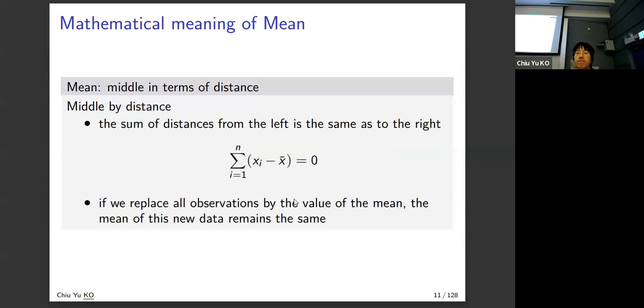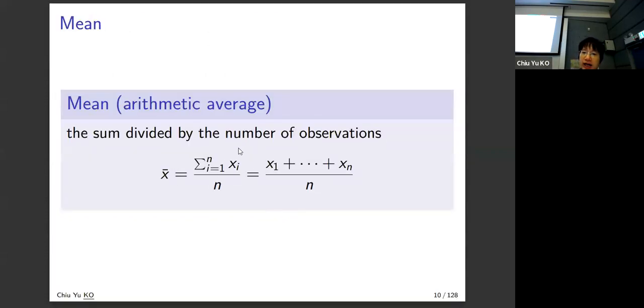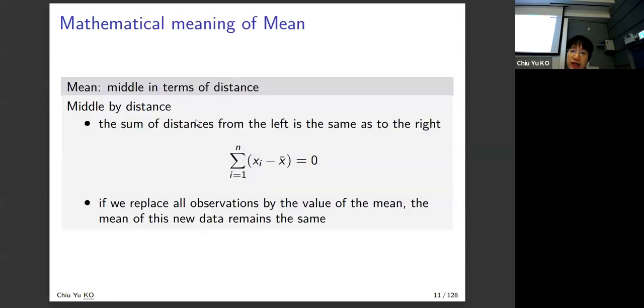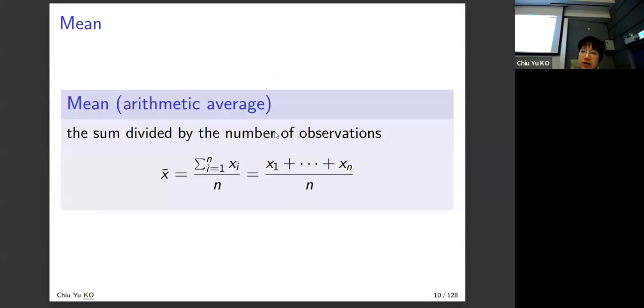And by what it means, the second bullet point would be saying that if you replace every observation by the mean, they're the same. Just to remind you a little bit, when I have this purple color thing, it's the important thing that you should know. When I have the black color thing, you're welcome to know it. It's not super important, technical, but it's good to know what's going on there. You don't have to worry too much about this, but you have to know how to apply it. Is there any question?